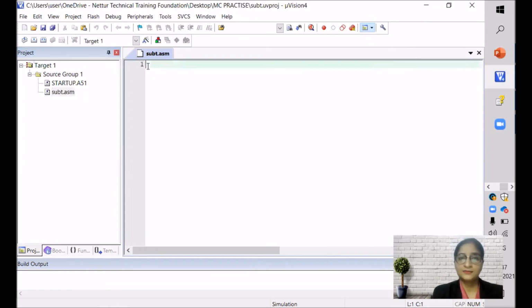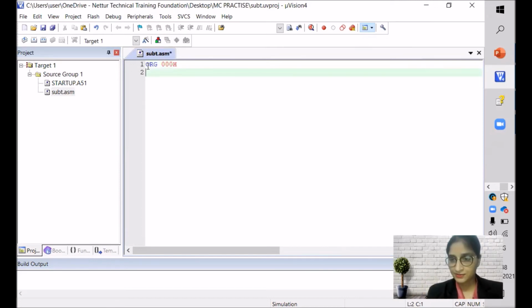Now we are writing our program. So again, we'll start with ORG 00H, enter. Now in the subtraction question, they have given the location of storing the first input, then the location of the second input, and they have given the location of the result also.